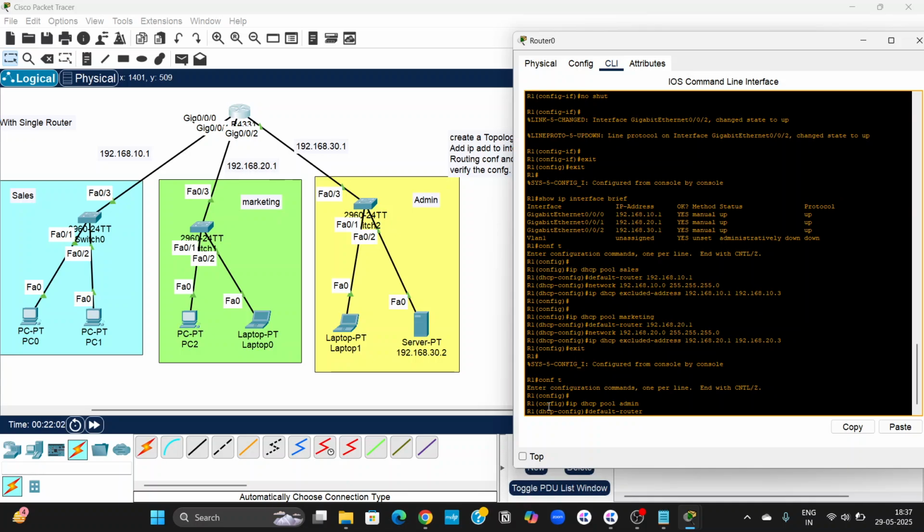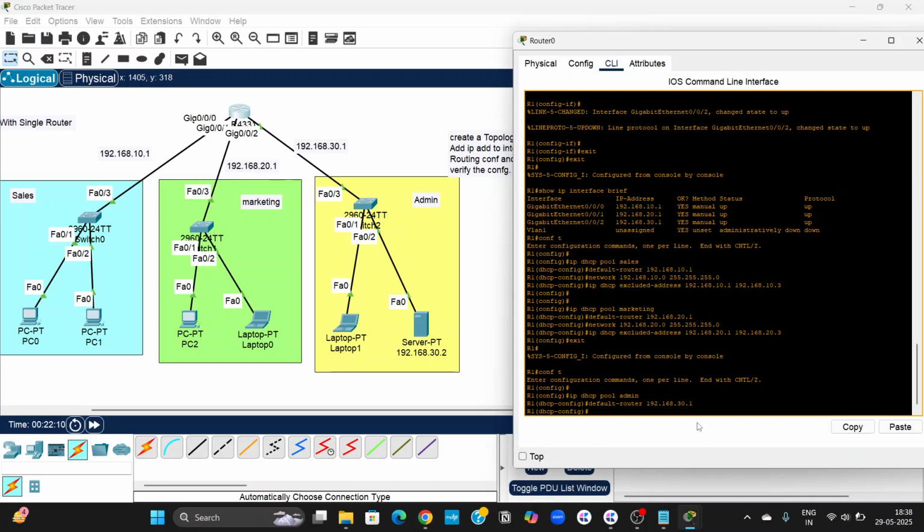The default router will be 192.168.30.1. Okay, so this is the default router for this pool, and the network will be 192.168.30.0, and the class C subnet mask, which is 255.255.255.0,